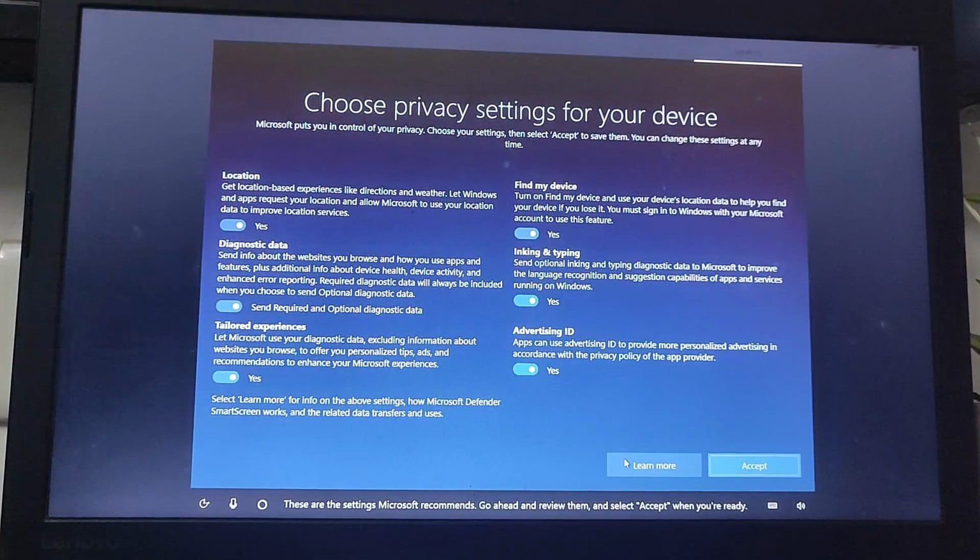Step 12 is privacy and optional settings. Now we are in the privacy and extra settings section. This is where Microsoft asks what information you want to share and what services you want to enable. This screen can vary slightly depending upon your Windows build, internet connection, and region. So I will walk you through every option you might see, starting with location, which allows apps like maps